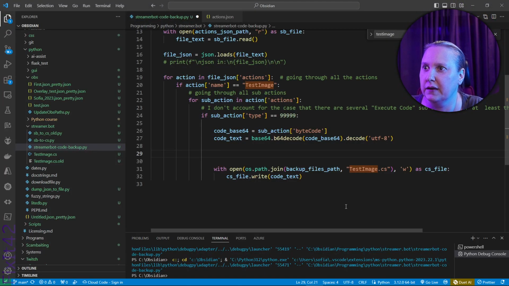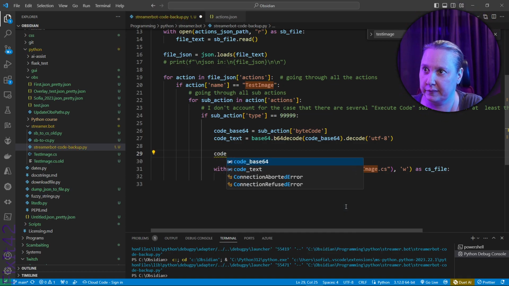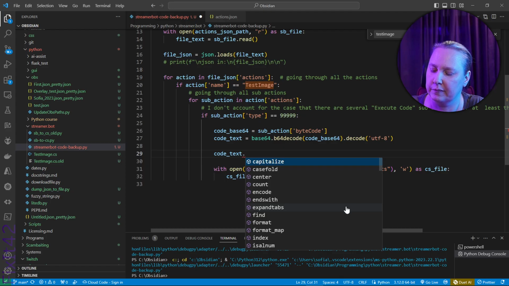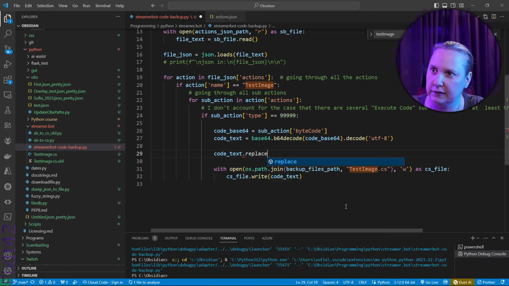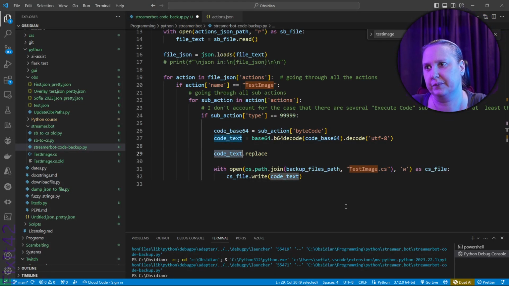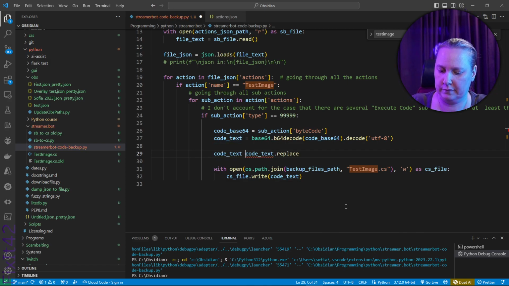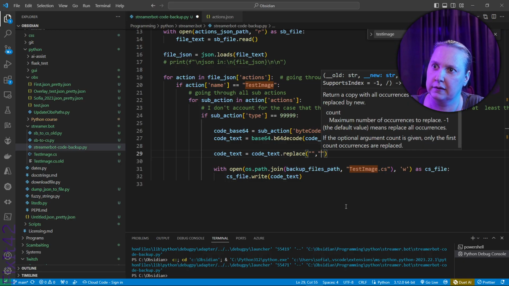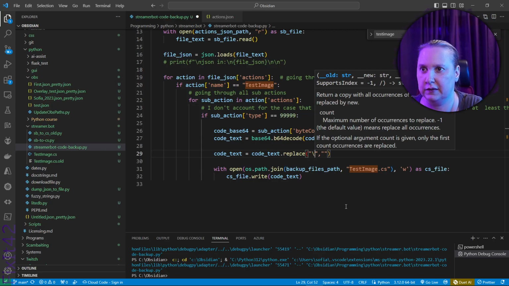So it's code text dot replace, and we need to put it back into code text too. Replace, and let's do